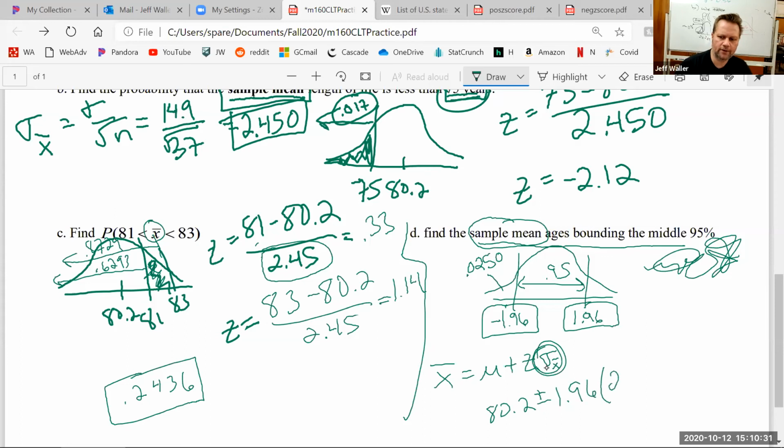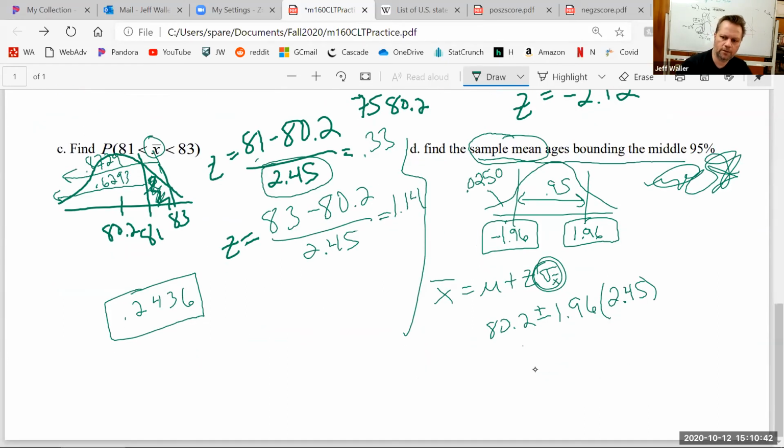It's down 1.96 and up 1.96, isn't it? So it'll be 80.2, give or take 1.96 of these, 2.45. What's 1.96 times 2.45? I get